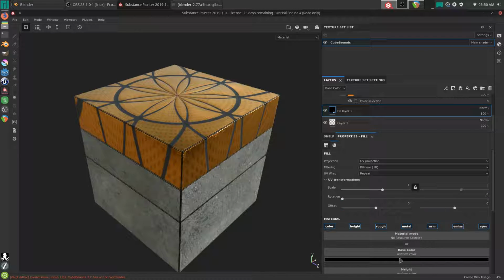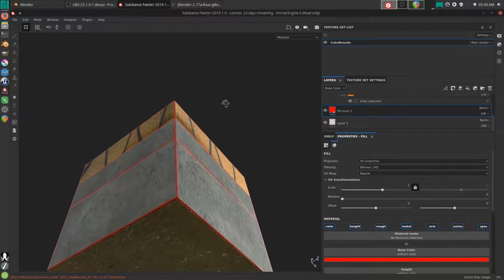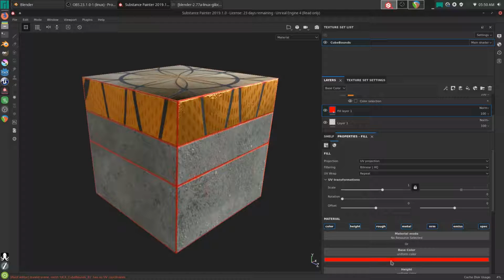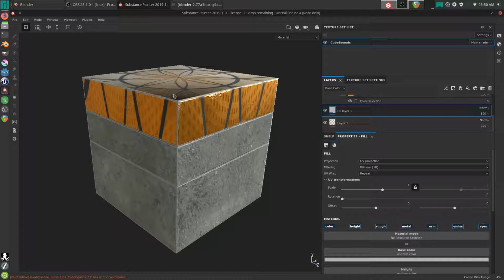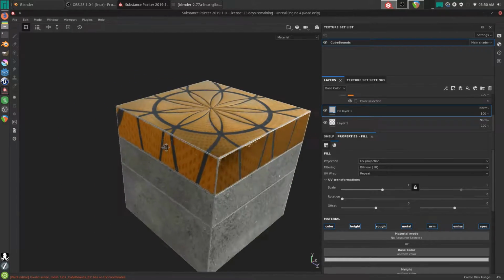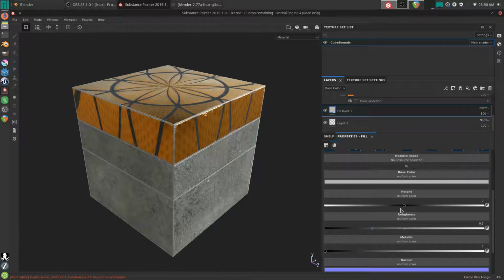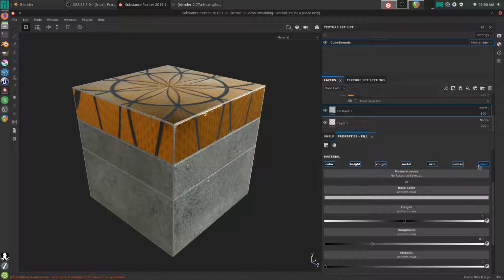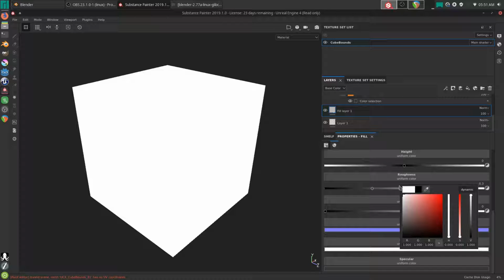So I'll change this to something like red. As you can see, the lower material is what's showing through now. Usually you want it to be like a white or a grayish color. Of course, you might want to have a gold or some other, maybe a darker metal up there. Now let's see here. We don't need an emissive on that. Now that being said, if we had an emissive and we change this up to a white,